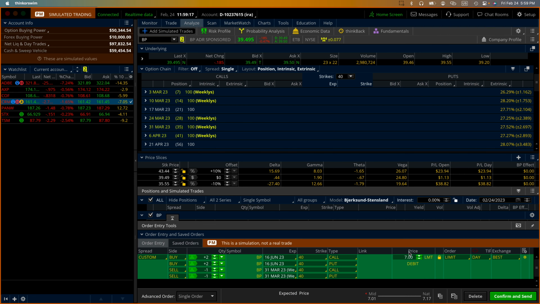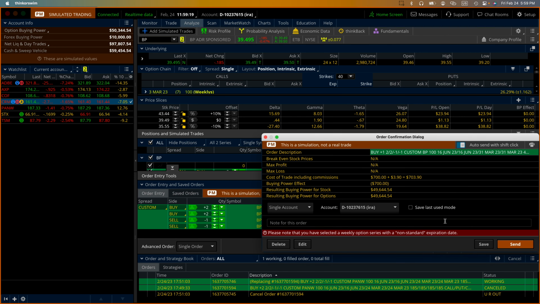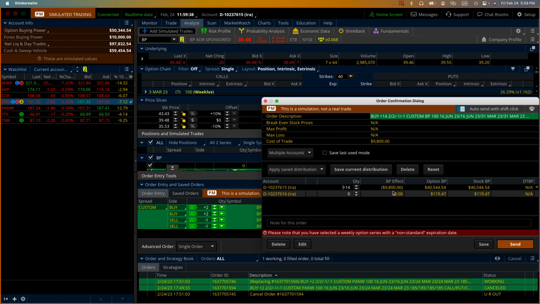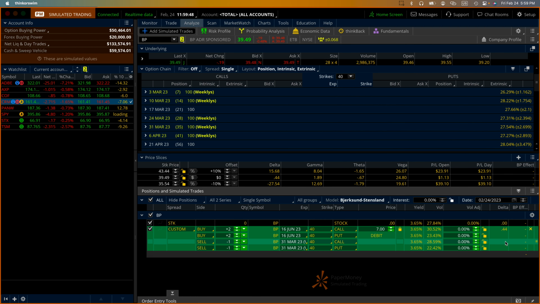Create duplicate order, and you say confirm and send, and then you say multiple accounts. Why multiple accounts? Because that way it shows you the quantity and the buying power effect. How much are you going to spend on this trade? Okay. And 13, 14, and that 14 is a number I had calculated before for you, and that's less than 10% and is very close to 10% of our account. So I'm going to send that off,